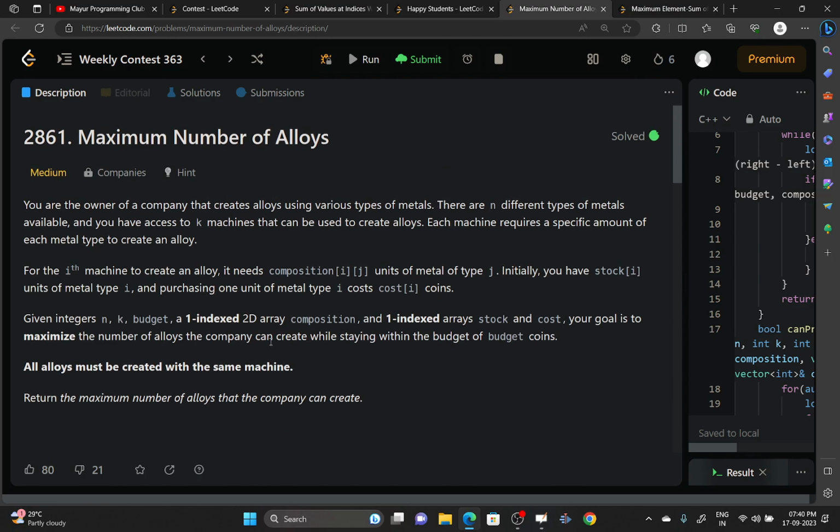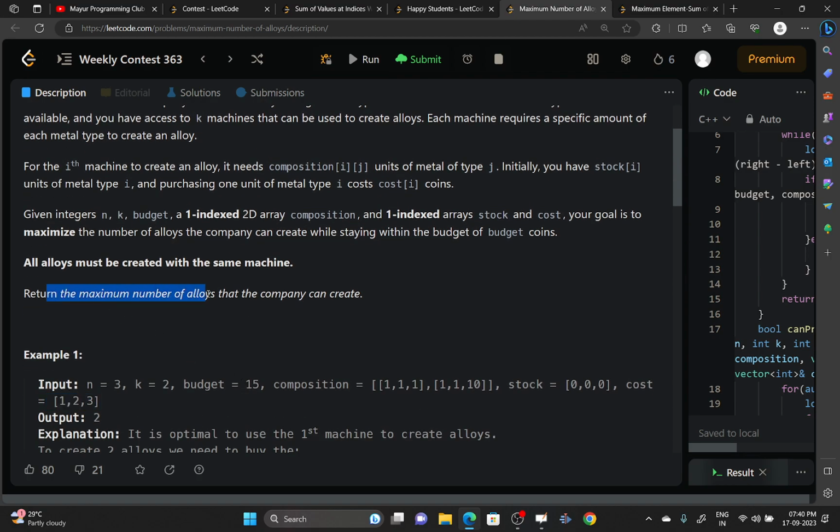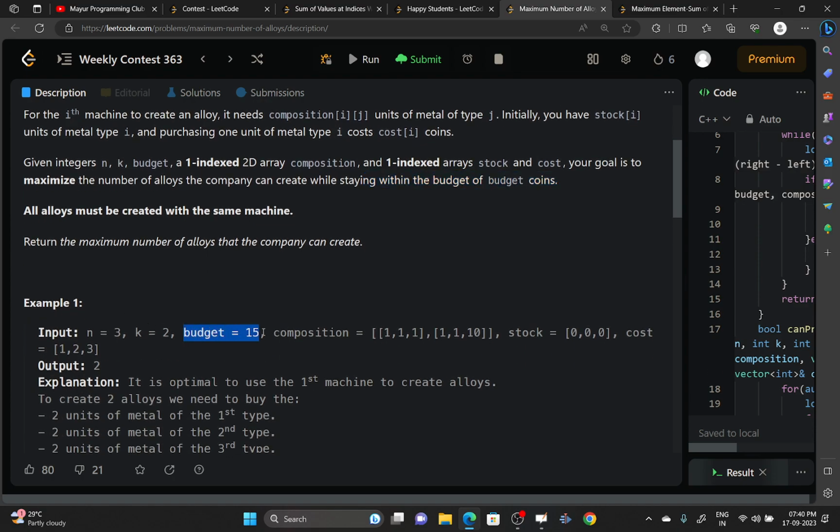So what you have to do is return the maximum number of alloys that your company can create while staying in the budget number of points. So you are only having this much number of points,